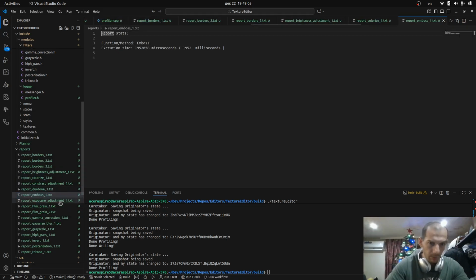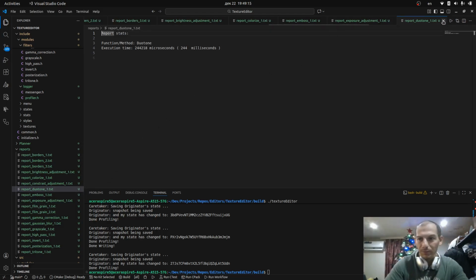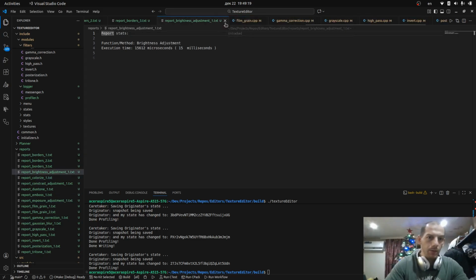What was maybe emboss, almost 2 seconds. Exposure. So basically a tracker for time consumption of each of the functions